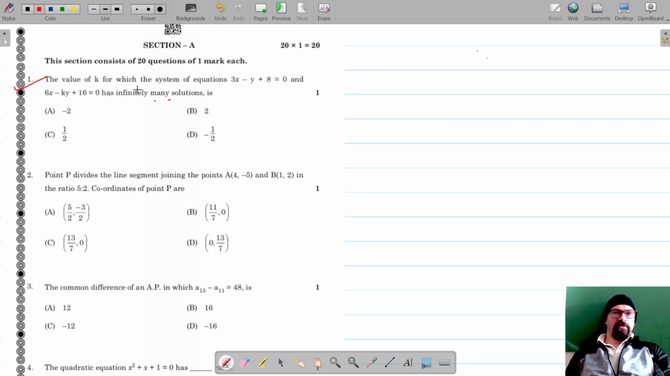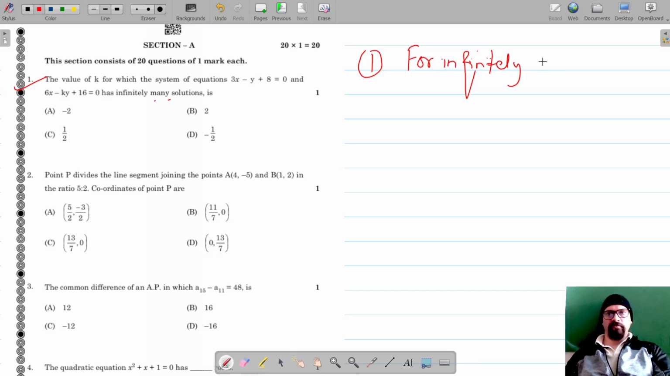And it says that the value of k for which the system of equations 3x minus y plus 8 is equal to 0 and 6x minus ky plus 6 is equal to 0 has infinitely many solutions. And we know that for infinitely many solutions, the given set of equations should have their coefficients in proportion. For infinitely many solutions, the condition is a1 upon a2 is equal to b1 upon b2 is equal to c1 upon